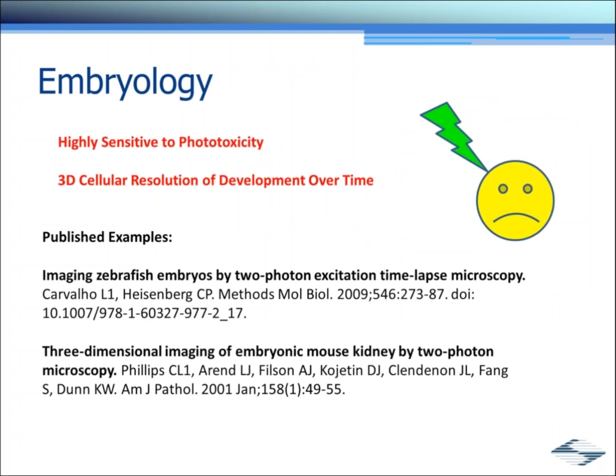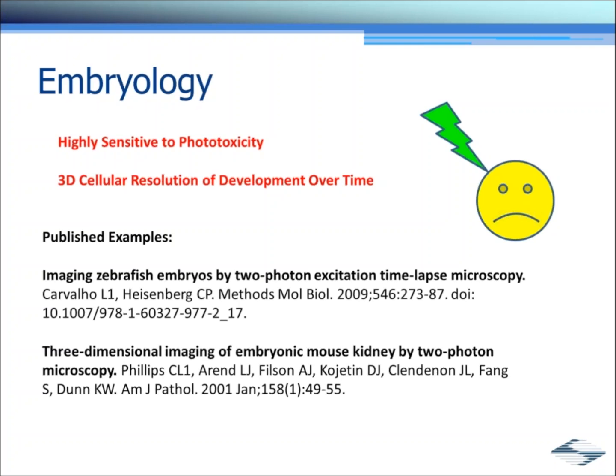I'd like to take a look at embryology. For people looking at developmental biology, oftentimes we would like to, say, for example, have an embryo develop over time and be able to image it over and over. However, single photon imaging produces a lot of phototoxicity. And in developmental biology, when we start studying embryos, we find that this phototoxicity actually will alter the behavior or even kill the embryo after very little imaging. For example, if you're using a confocal microscope and you're doing a Z-stack of an embryo, it may be the case that you can only get one good Z-stack out of the embryo before the embryo's behavior has changed or the actual embryo has died.